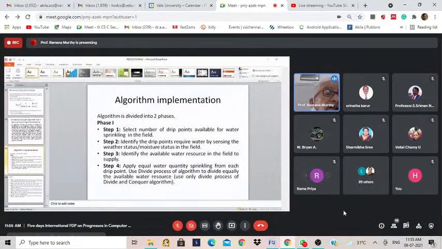Right. Now, this algorithm basically has two phases. In the first, there are two stages, as you know: one is meant for dividing, the other is meant for conquering. So in that context, first let us see this. Step one, it selects the drip points available on the water sprinkling field. The second step is, it will identify the drip points that require